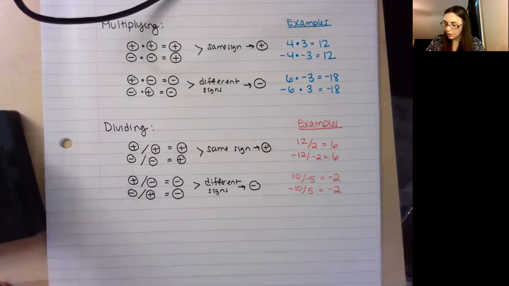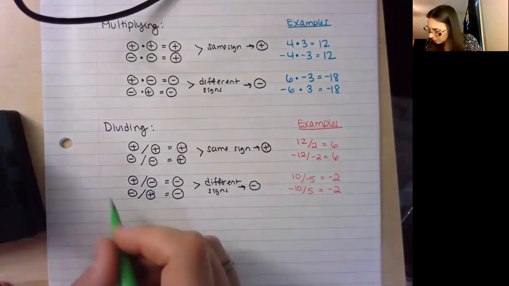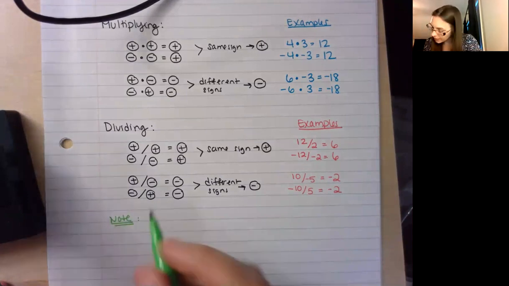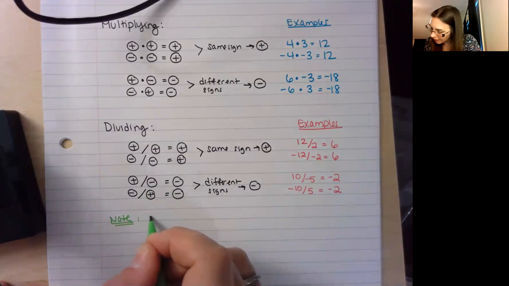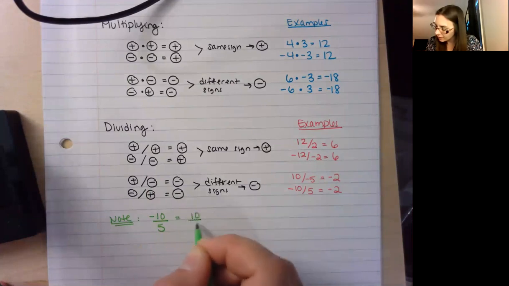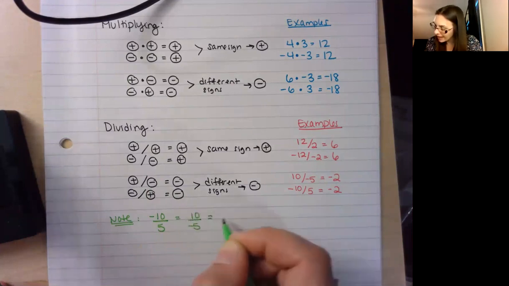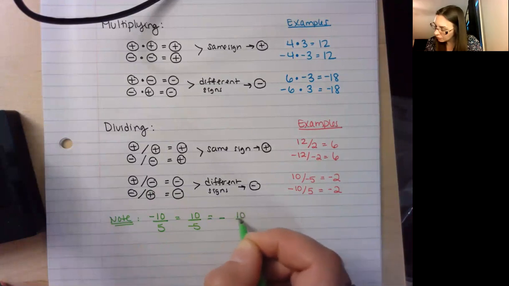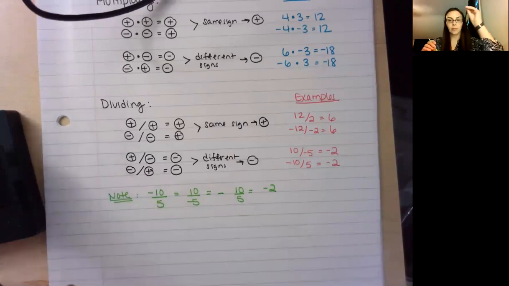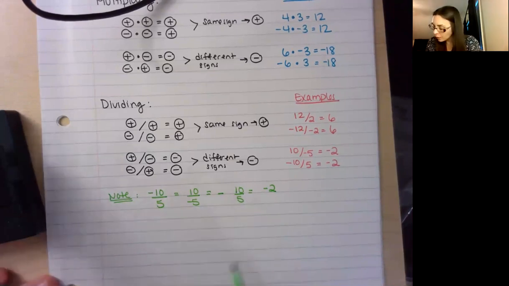Okay. Just as a little note here with division, let's say I have negative 10 over 5, that's the same thing as positive 10 over negative 5, which is the same thing as having a negative out front and 10 over 5. So you're going to see with division, it doesn't matter if you have the negative up top, down bottom, or out front, the final answer is still negative. If both of those are negative,